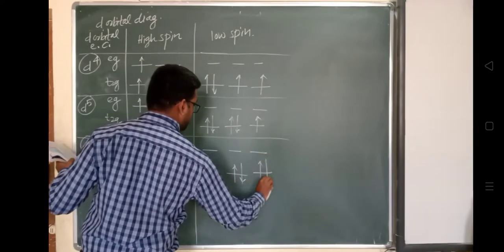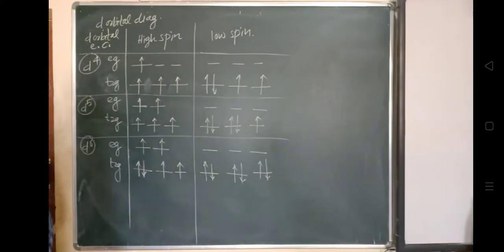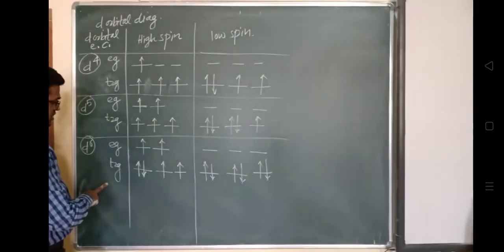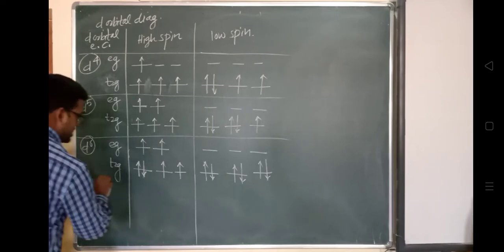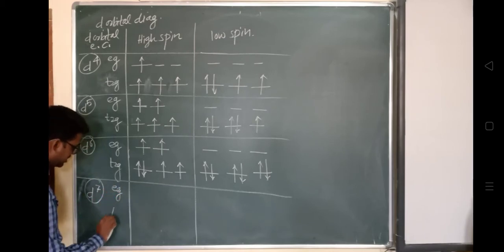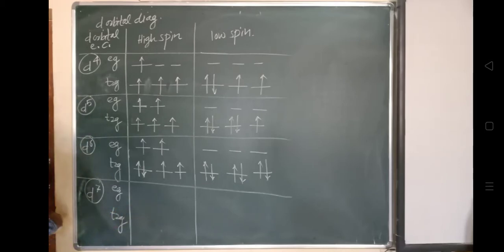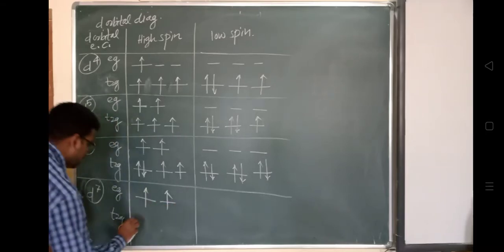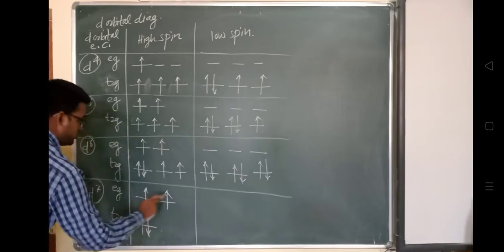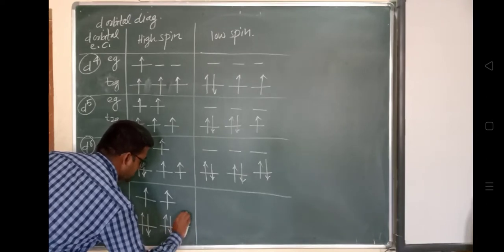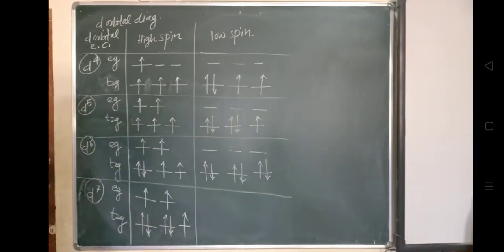So what are you observing in case of low spin? In case of low spin, we will have to occupy the positions in t2g only, not in Eg. But in case of d7, जैसे हम लोग d7 ऑर्बिटल में चले जाते हैं, in that case you will see the difference. One will be here, two will be here in Eg, and here 1 2, 1 2 3 4, then 5 6, and this is the 7. So this is in case of high spin.